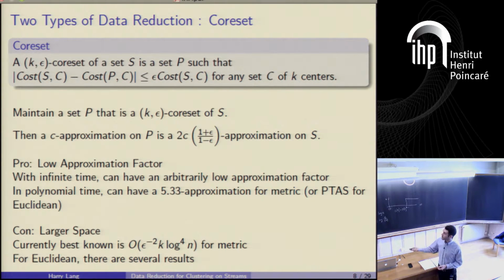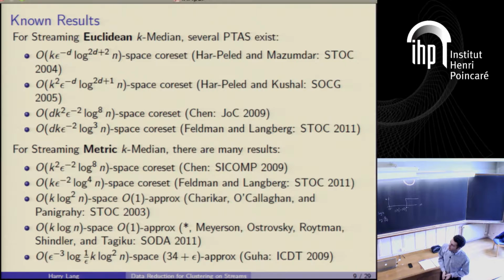And for Euclidean, there are several results. This is kind of the history of the Euclidean core sets. And I think these are all for streaming. And all of these papers, including the metric case papers,